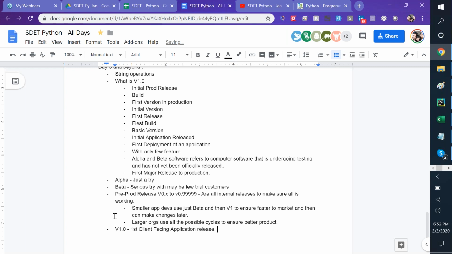Is that fair? Do you agree with me or disagree, team? I don't read this anywhere, team. I've just been in the industry for a while. I've captured terms and been doing a lot of things in it, and that's where I get this. I think it's the first client-facing application release so that the customers can start using. And that is why we want to make sure everything is correct.